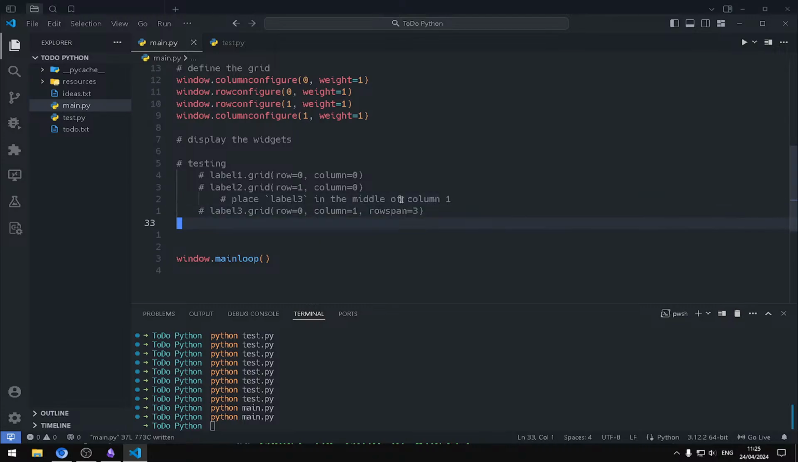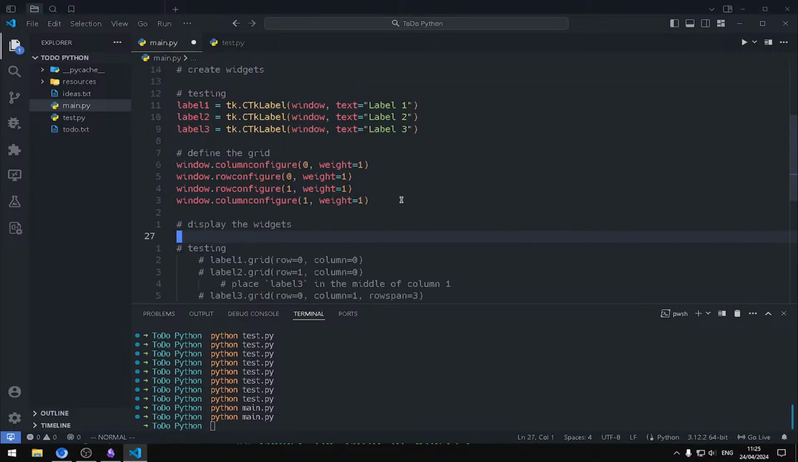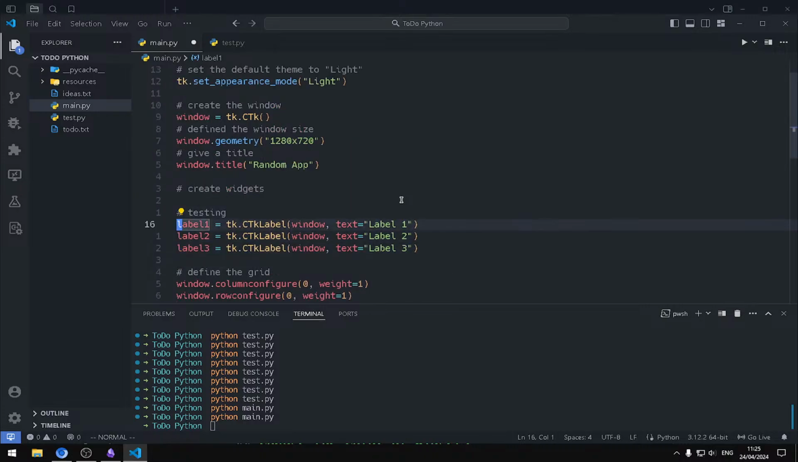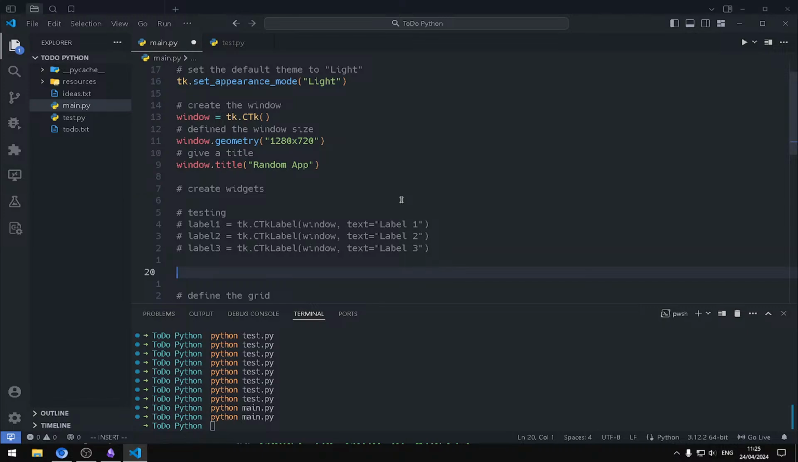Okay, so testing, that is it, and then we're gonna create, display the widgets. Okay, this is displaying. Okay, testing. And then create the widget. So settings. So settings is equal to